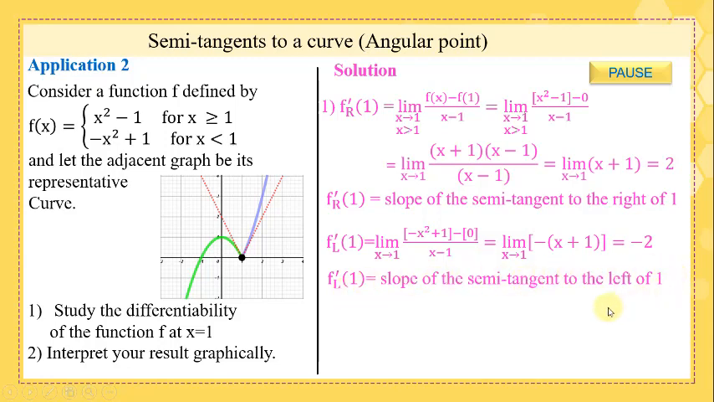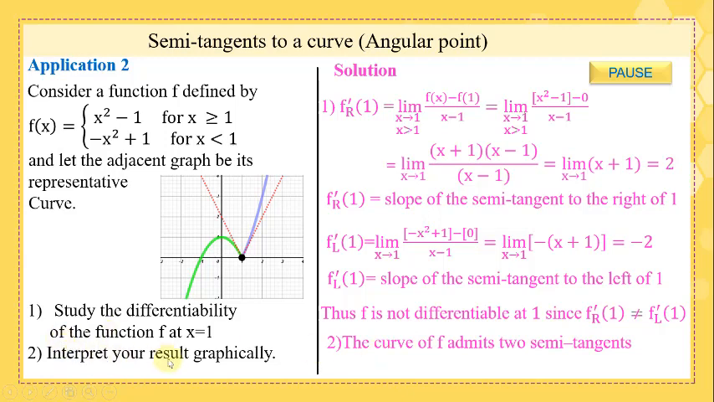Since the number derivative at the right does not equal the number derivative at the left, we say that f is not differentiable at 1. Interpret your result graphically. We say the curve admits two semitangents at 1, forming an angular point. Okay,